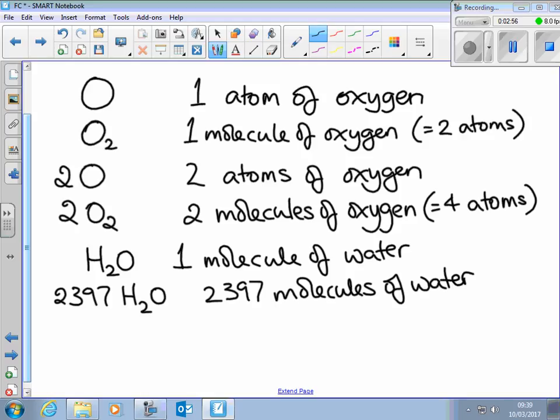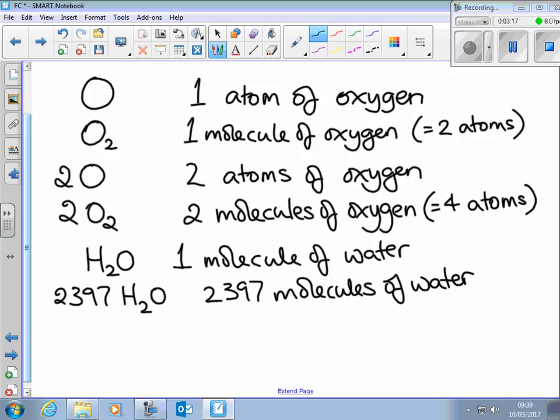So you can multiply up. That's a total of nearly 4,400 hydrogens and 2,397 oxygens altogether there. So big numbers in front multiply the whole thing that comes after, everything that's in the formula,